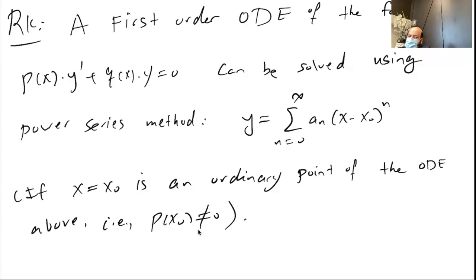So if P of x naught is not zero, again, we can consider a solution of this form, and then again form a recursive relation for an,